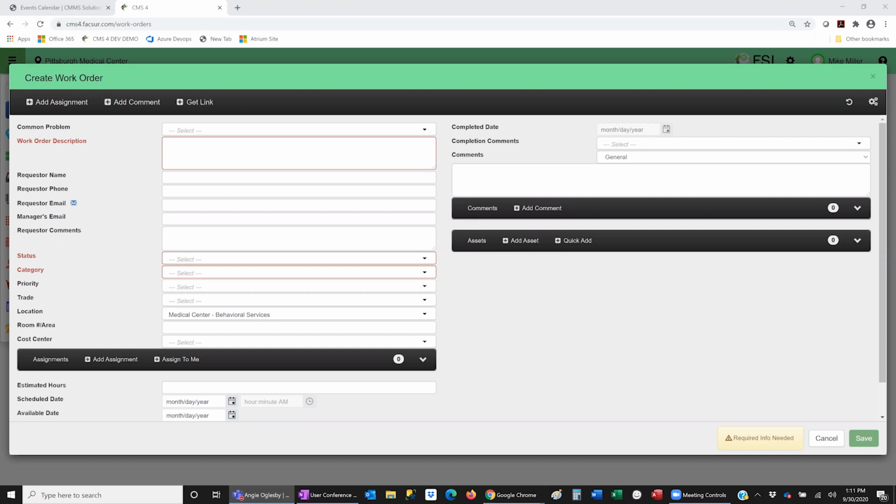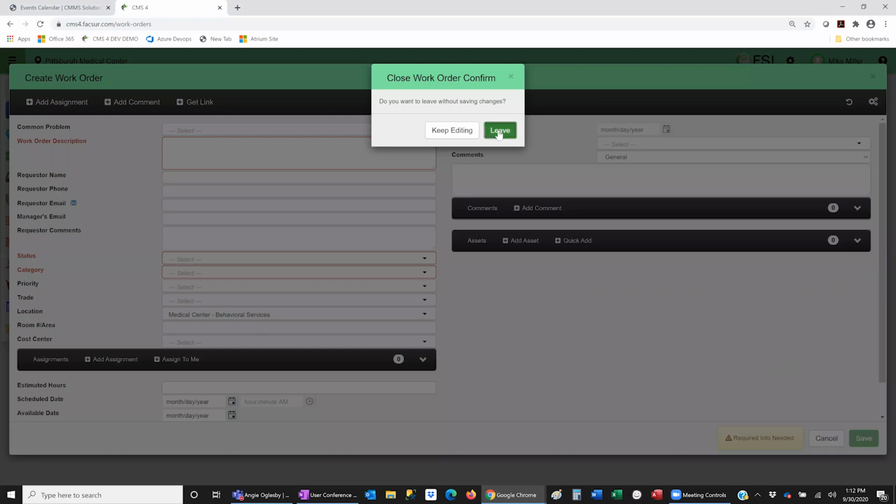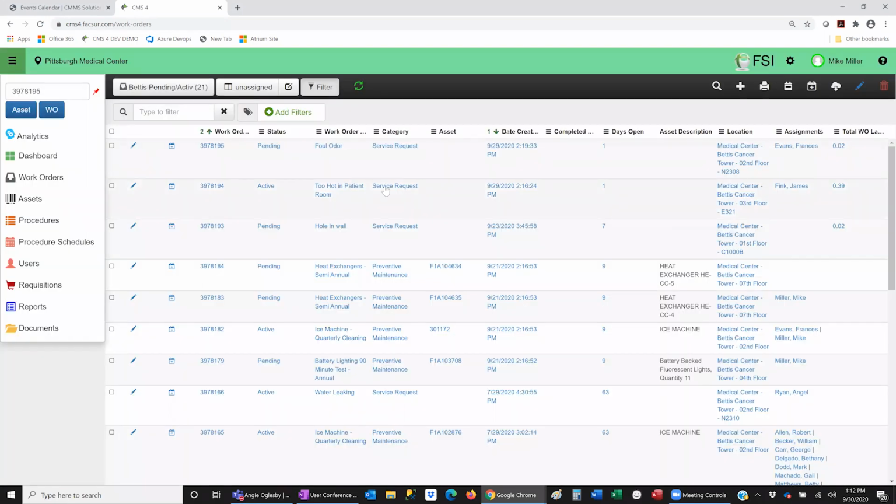All right, let me cancel on this work order. Go back to my search. Another feature we added, we were introducing this right at the end of our last user conference. I don't think it was live yet, but we have our scheduling module. Within our scheduling module,